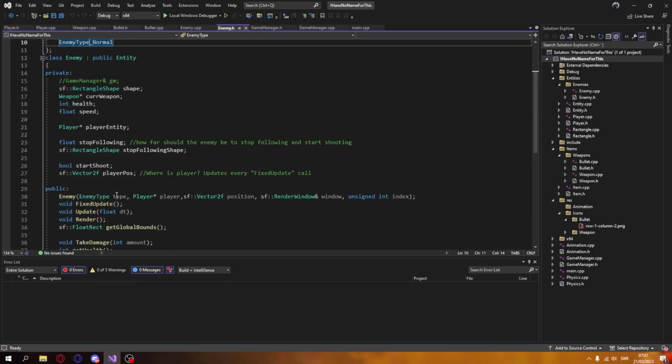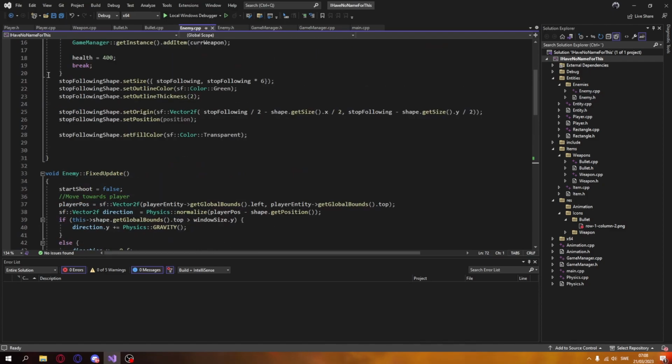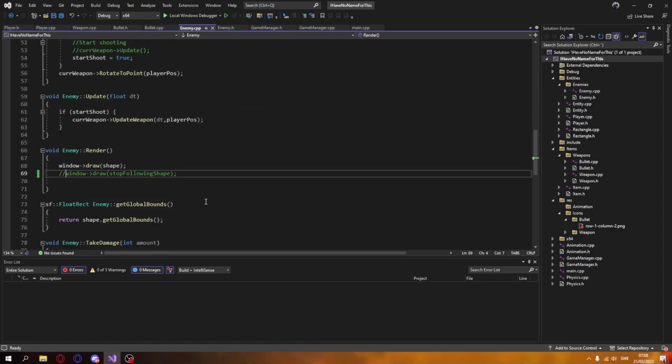So I can take it through some of the variables. This is obviously the main shape that contains the enemy. Then I also have a weapon, which I'm pretty sure I already made a devlog on this, right? Then it also has a health and a speed. It needs to also hold a pointer to the player so that it knows which position to follow. And then this is the stop following functionality. I also added it as a shape so you can see that we can also draw,